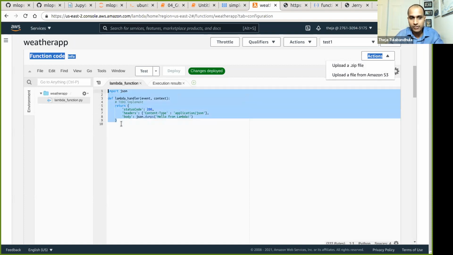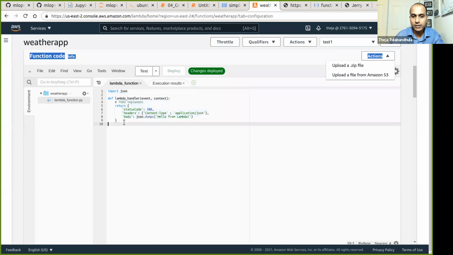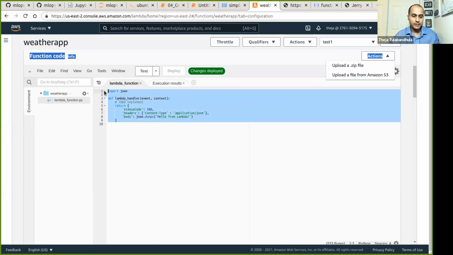If you had a local zip file folder which had just this lambda function .py file, and you upload it from the local machine, that's one way to change this. For example, right now it says lambda function there.